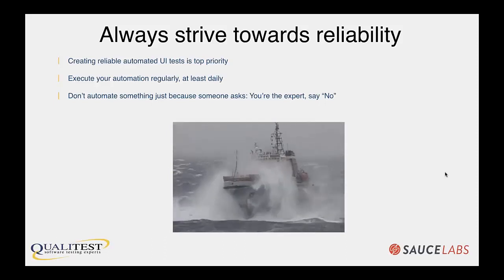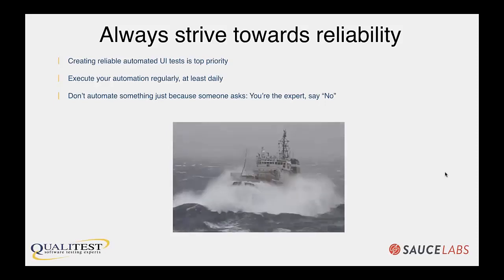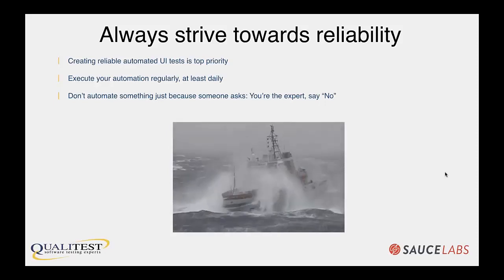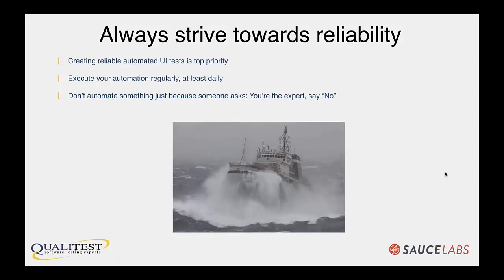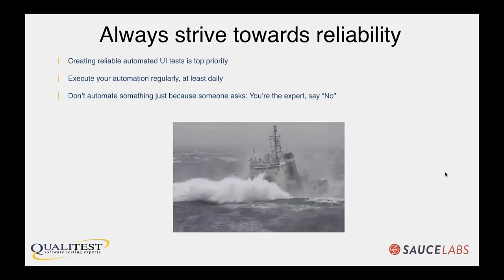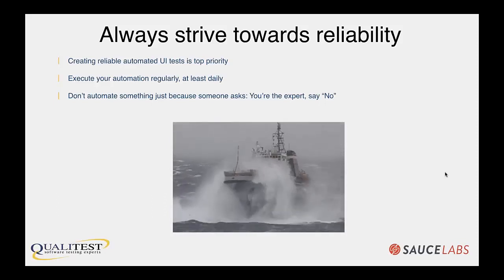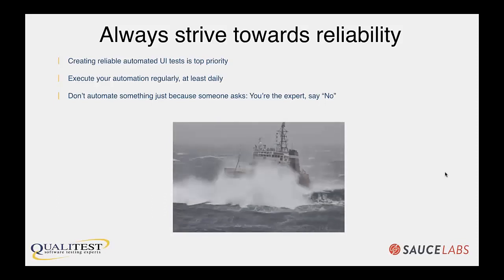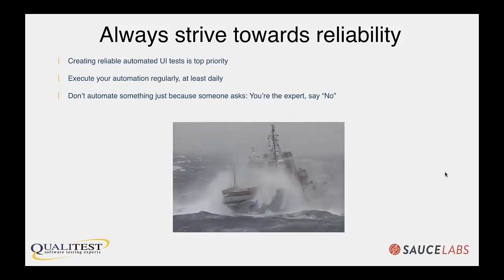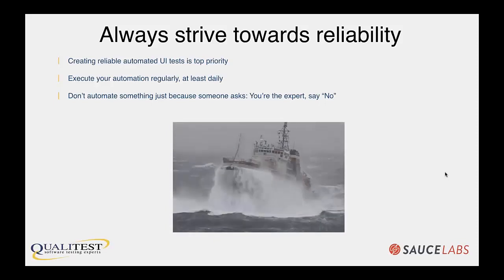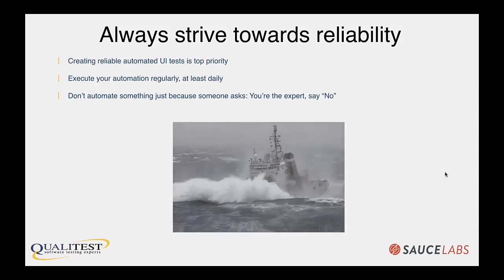The other really important component here is to make sure that you execute your tests regularly. Daily is the minimum. And what we see a lot of our top performing clients and a lot of the best automation engineers that I've worked with do is execute their test automation regularly. The ultimate desire for continuous delivery is you're actually going to be executing your test automation on a pull request, right? So code is going to be getting checked in on maybe every minute basis, multiple times per hour, and your automation should be running all of those times.